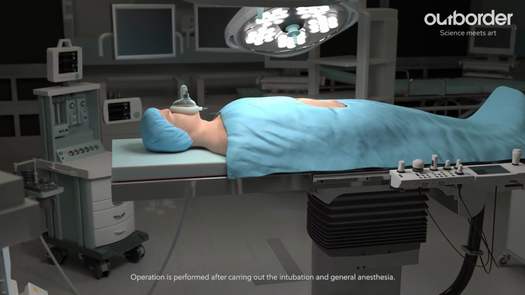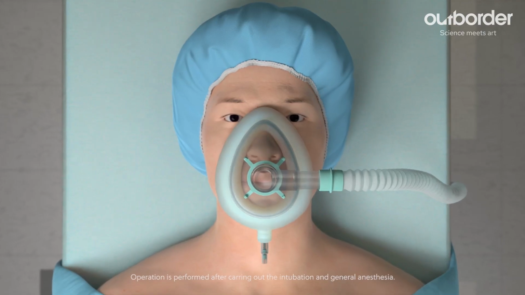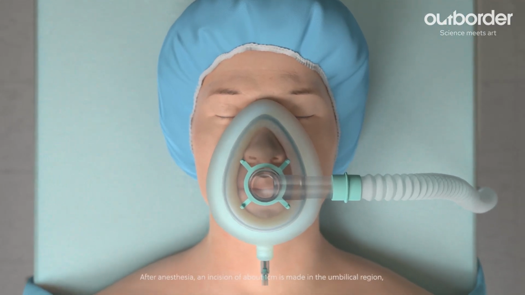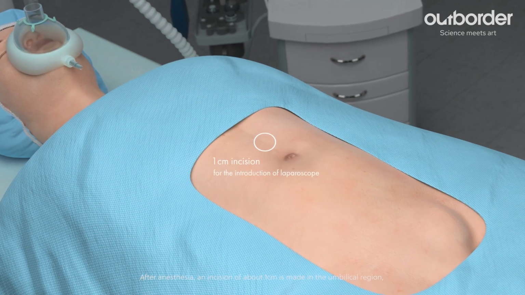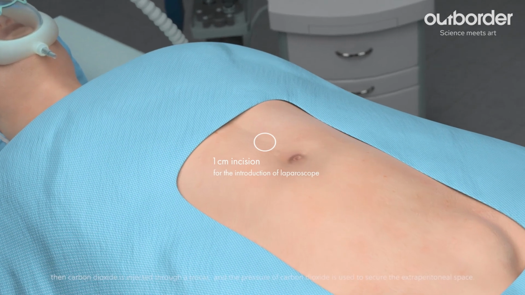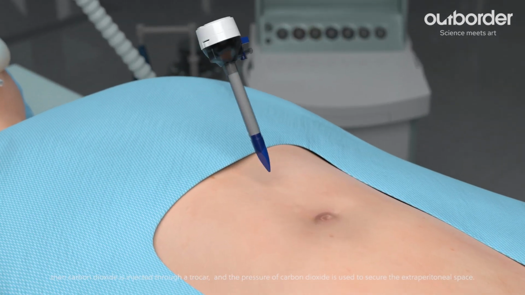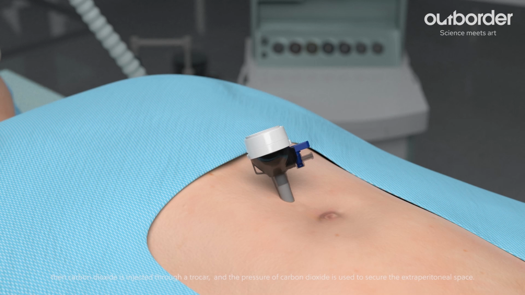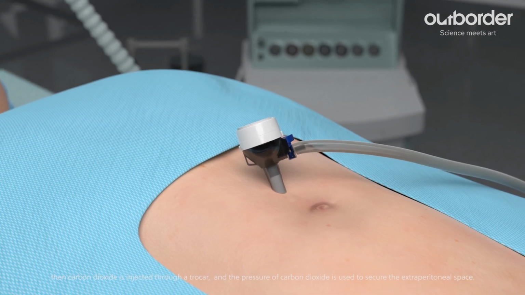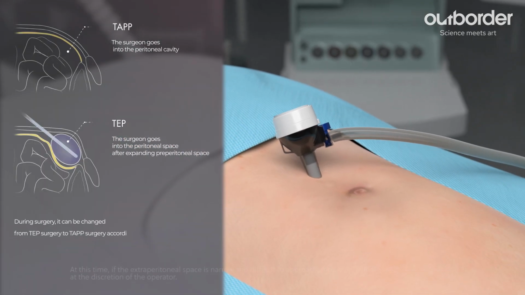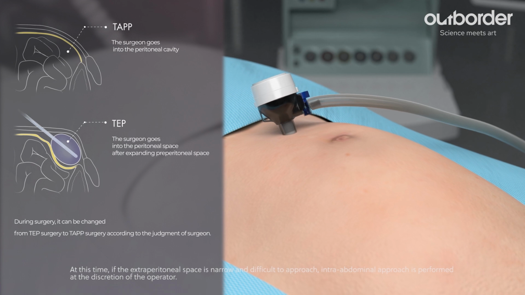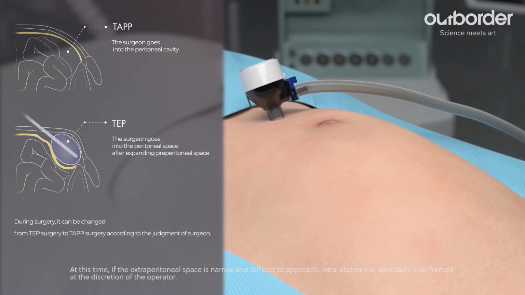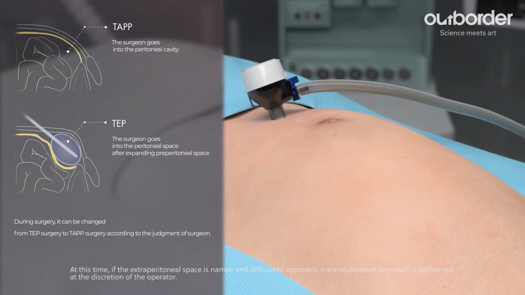Operation is performed after carrying out intubation and general anesthesia. After anesthesia, an incision of about 1 centimeter is made in the umbilical region. Carbon dioxide is injected through a trocar, and the pressure of the carbon dioxide is used to secure the extraperitoneal space. At this time, if the extraperitoneal space is narrow and difficult to approach,